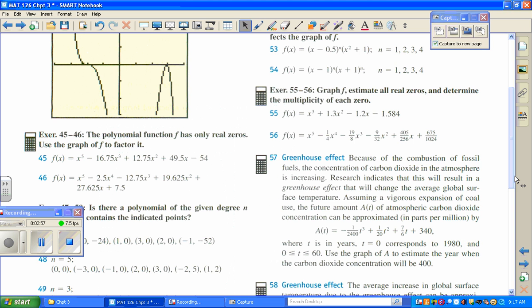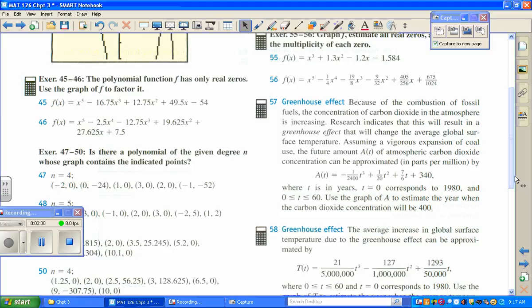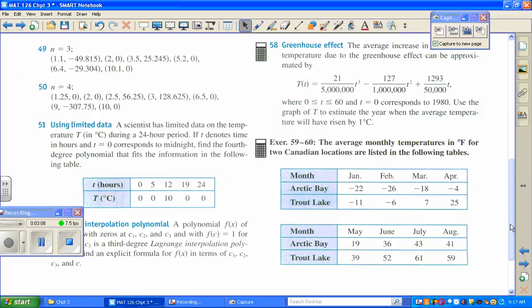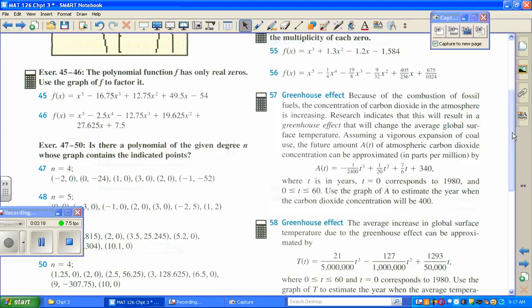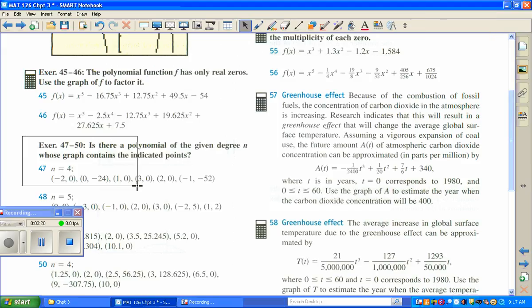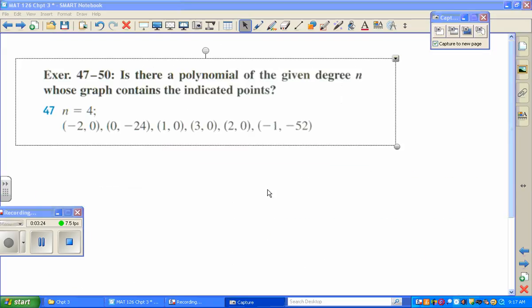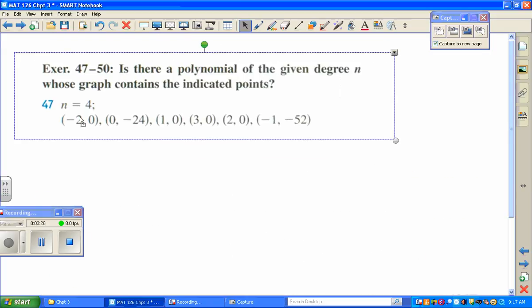All right. William? I didn't understand the 47 and 49 problem. 47. Is there a polynomial of given degree whose graph contains the indicated points? Well, first of all,